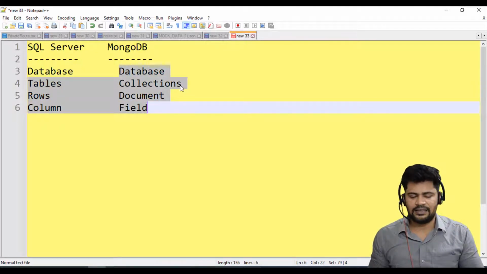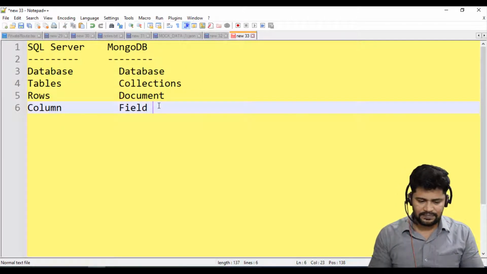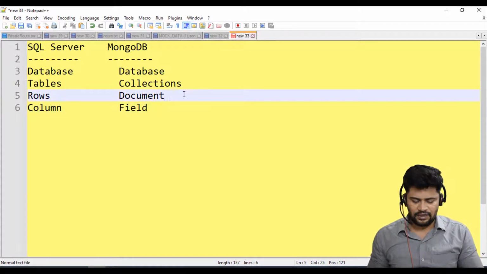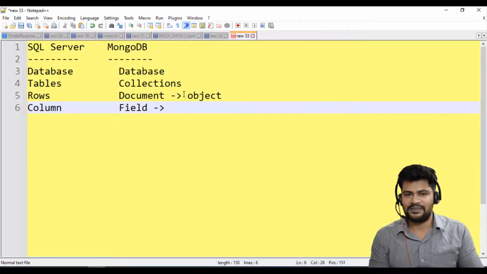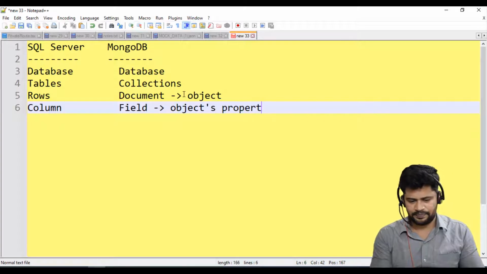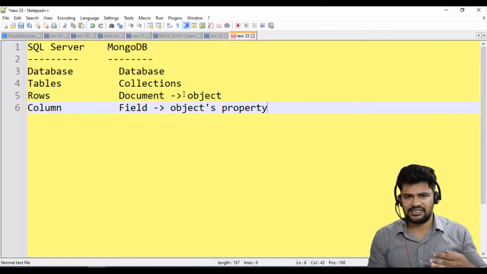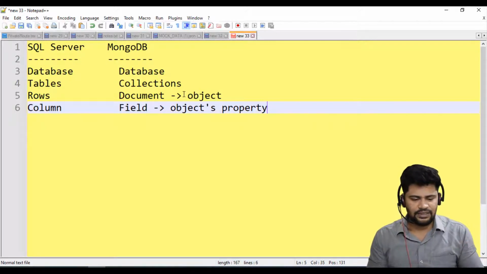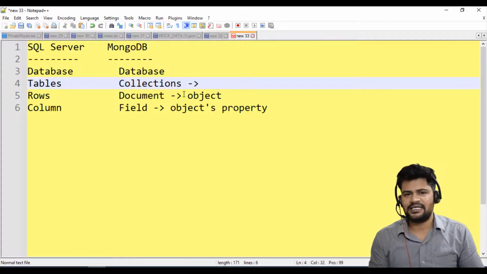If you want to take it as per the JavaScript terminology, let's start from the document. A document is like your JavaScript object or JSON object, and each object contains multiple properties, right? So a field is the object's property. Each property like name, age, designation, location, salary is a field. Okay. Then what is a collection? A table is a collection of objects.